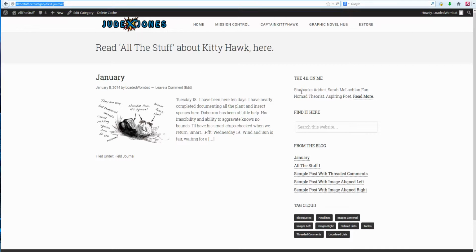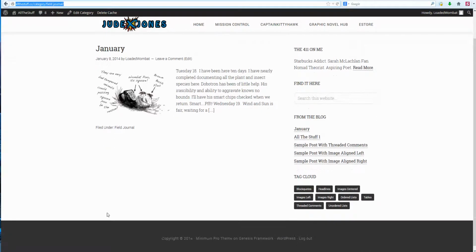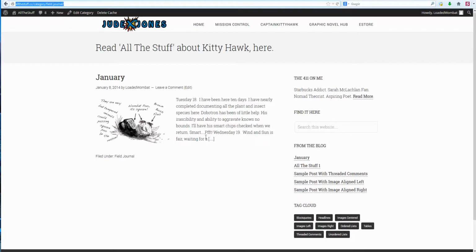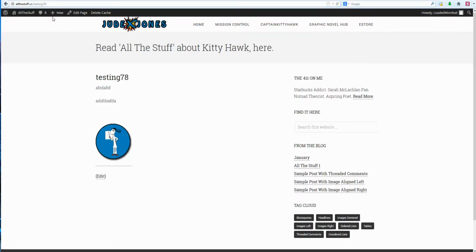You see, this is going to be anything. We only have one post currently, but if I had another one, it would be here, and then simultaneously down the page. And then if we wanted to read more about it, obviously we could just go into it. So what's going to happen here is, now that I've got this category, I know the category link, I could actually come back to menus,